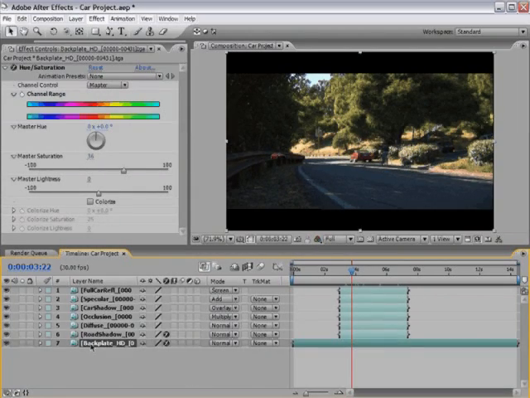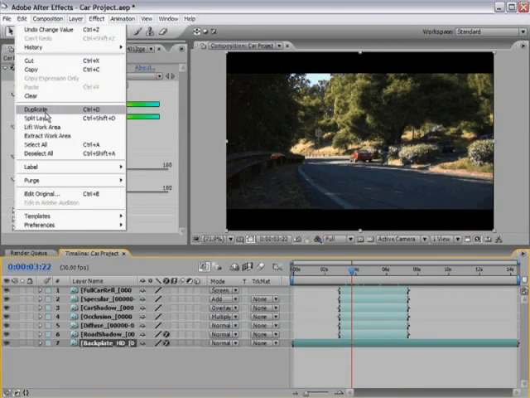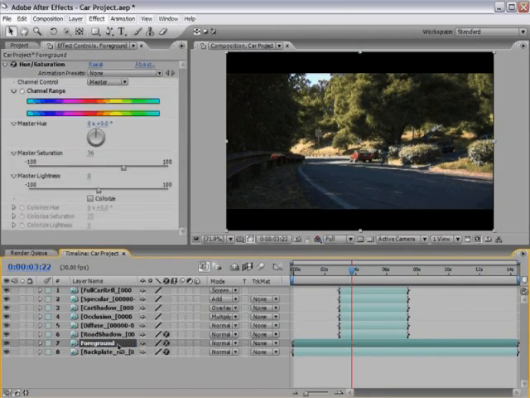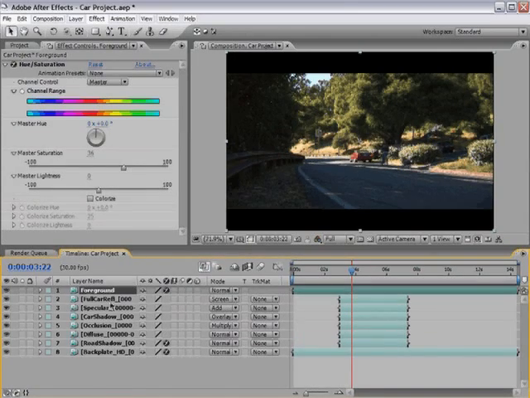So an easy way to do this is to just go ahead and take your backplate layer and duplicate it. I'm going to go ahead and just rename it foreground and put it as the top layer in my timeline. Now what happens is it looks like it's going to hide my car, but that's because I haven't completely finished creating my mask yet. So using the pen tool,